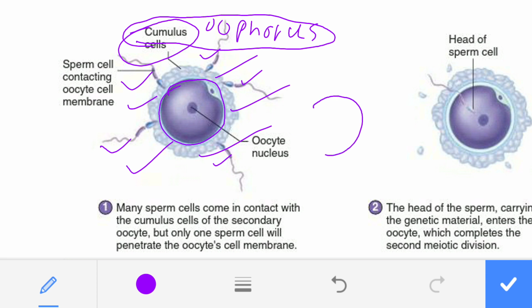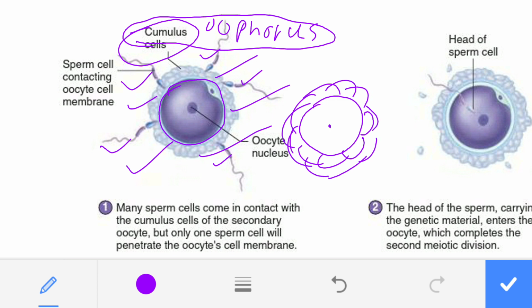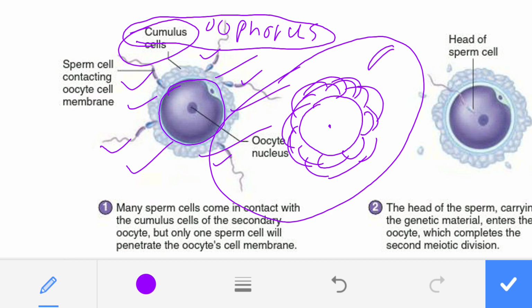For example, here I am drawing, this is the secondary oocyte, and it is surrounded by granulosa cells. So when this secondary oocyte is inside the Graafian follicle, at that time these granulosa cells are known as cumulus oophorus